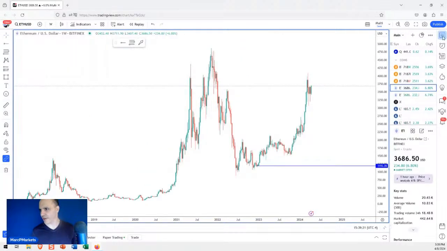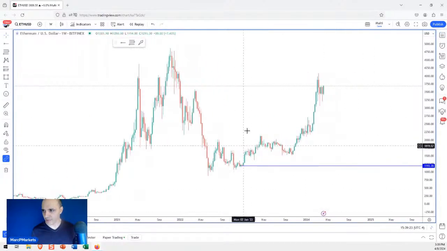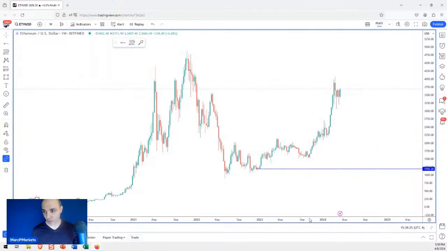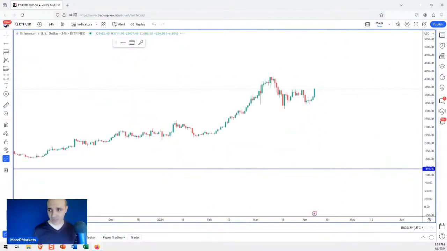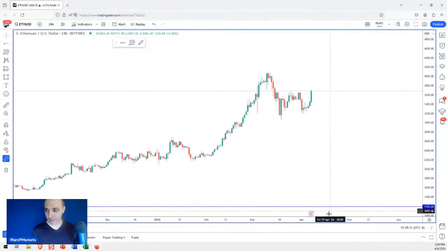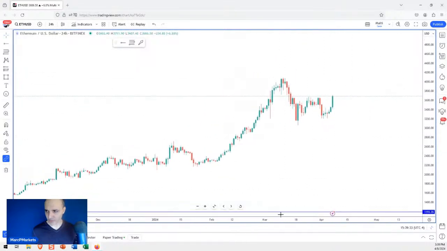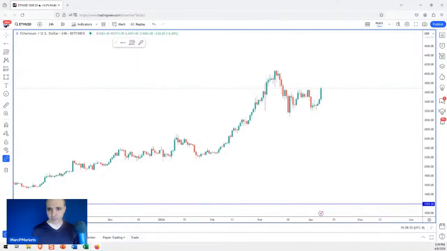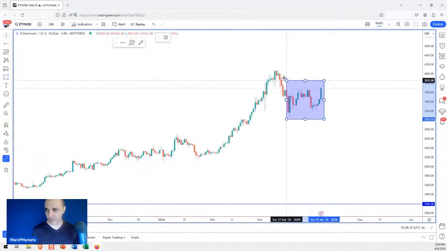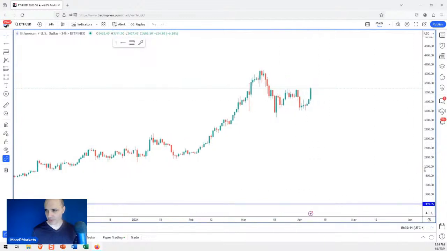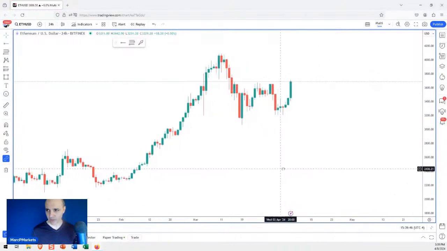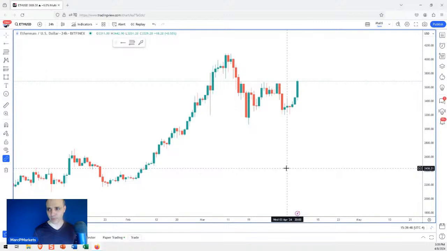So here's Ethereum right here. Now look, Ethereum typically follows Bitcoin. Okay, this is Ethereum on the weekly. We go to the daily. It doesn't follow it exactly, but typically it follows, right? So, I mean, look at this situation. Bitcoin's been consolidating a bit. Ethereum has also been consolidating a bit, right? I can even draw that triangle formation very similar to Bitcoin here. So everything that I said about Bitcoin from a technical perspective pretty much applies here.